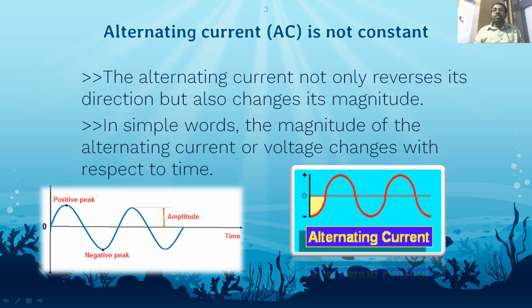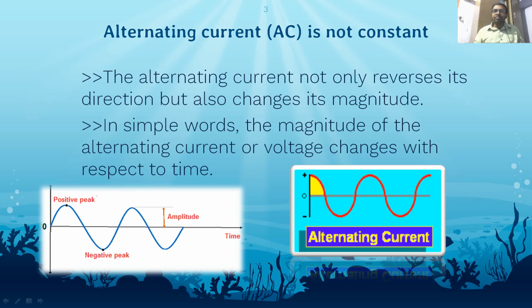So here the concept is alternating current is not constant. Why is this alternating current not constant? So as you have seen in the diagram, right? It changes its magnitude with respect to time, right? Otherwise, completed cycles are changing alternatively, right? The cycle goes alternatively, right? Positive maximum, negative maximum, positive maximum, negative maximum. Positive maximum is shown in yellow color, and negative maximum is shown in white color, right?